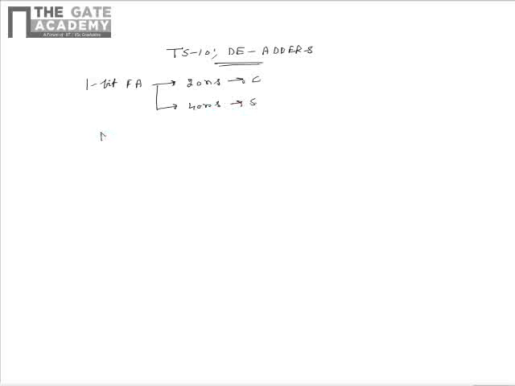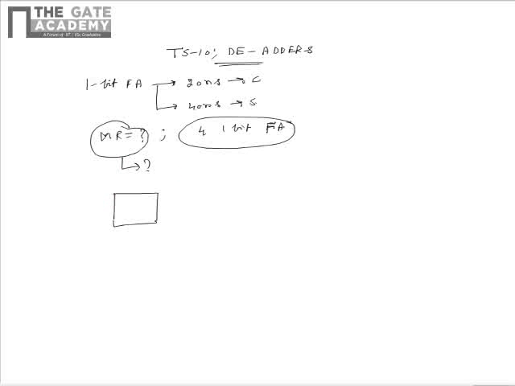We need to find the maximum rate of additions possible per second when 4 1-bit full adders are connected in cascade. That is, when 4 1-bit full adders are connected in cascade, we need to find the maximum rate of additions possible per second. So from this data, we see that as 4 1-bit adders are connected in cascade, the 1-bit adders can be shown as shown in the figure.